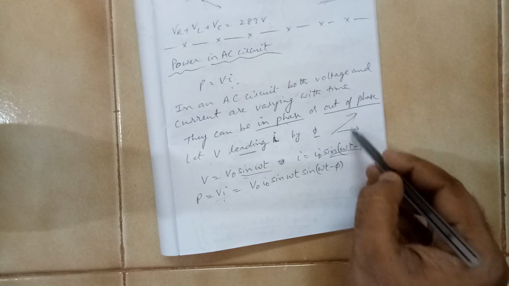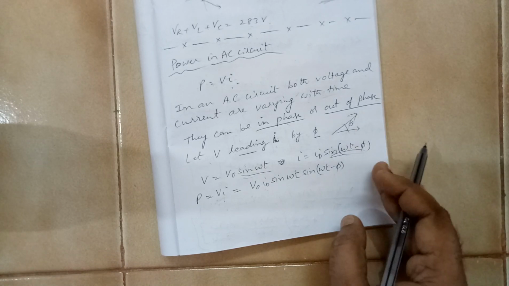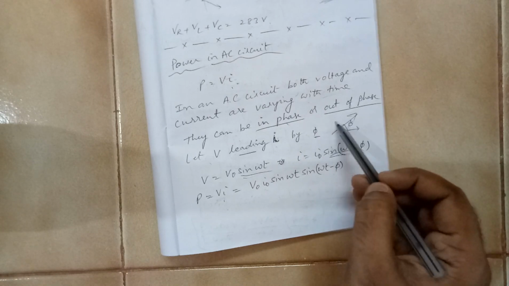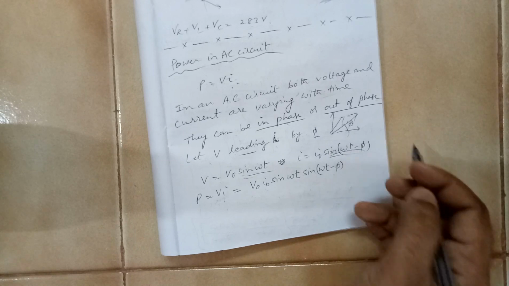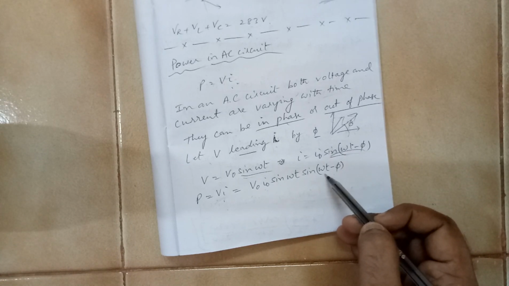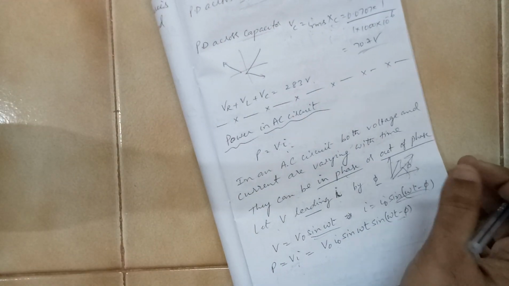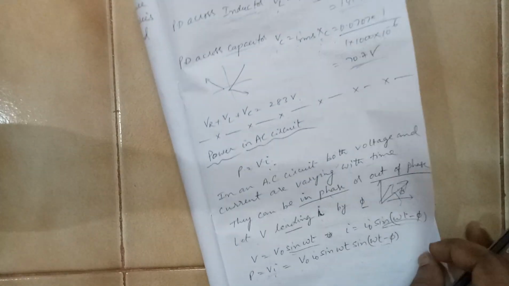The current is like this, the voltage is like this. So voltage is ahead, current is behind. That means when you move it, this comes over here, this will be like this. Every time it will be 5 degrees behind. So because it is behind, we are writing omega t minus phi. Had it been ahead, we would have written omega t plus phi. So now we have to solve this.